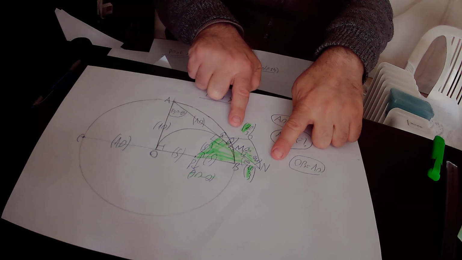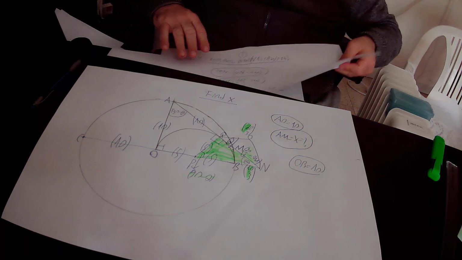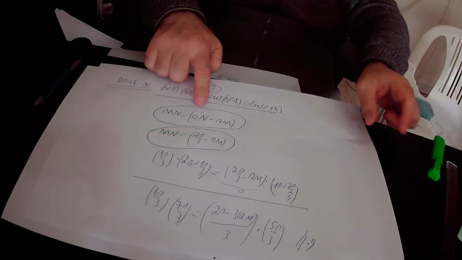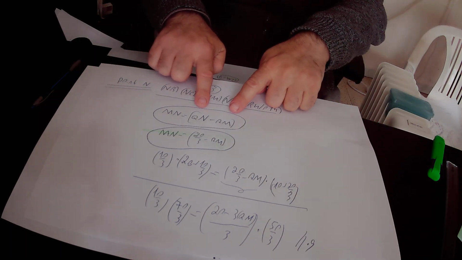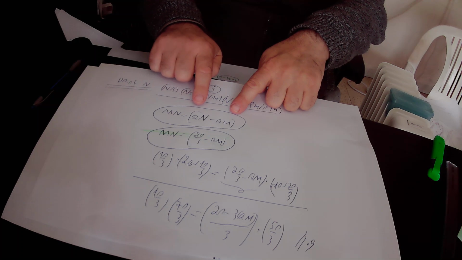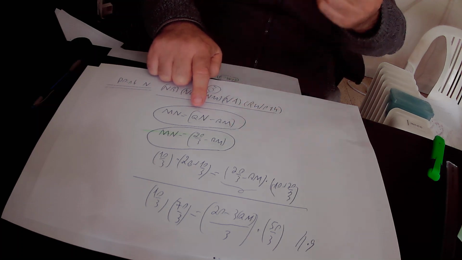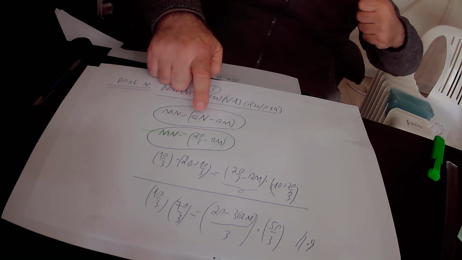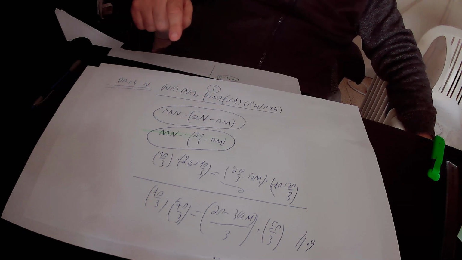Again, Qn minus Qm equals NM. So again, NM equals Qn minus Qm. Qn is 20 over 3, so it is 20 over 3 minus Qm. So NM, or Mn, in total equals 20 over 3 minus Qm. Then we return to rule number 14. According to rule number 14,